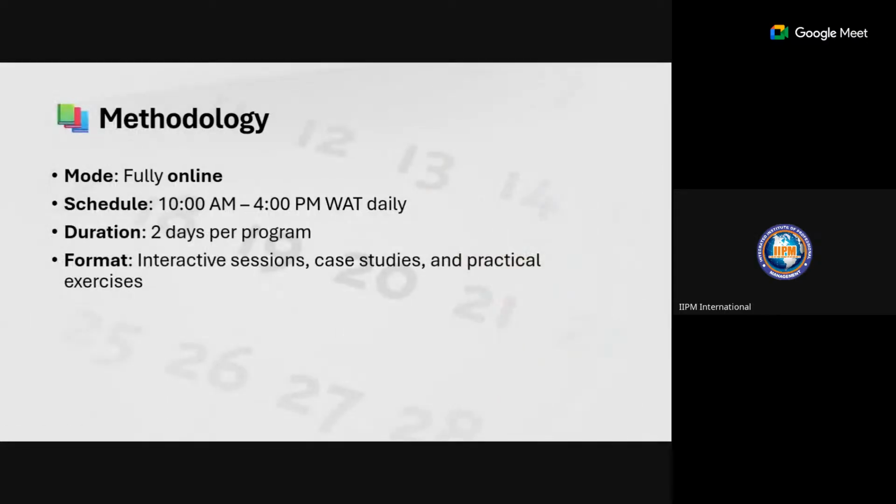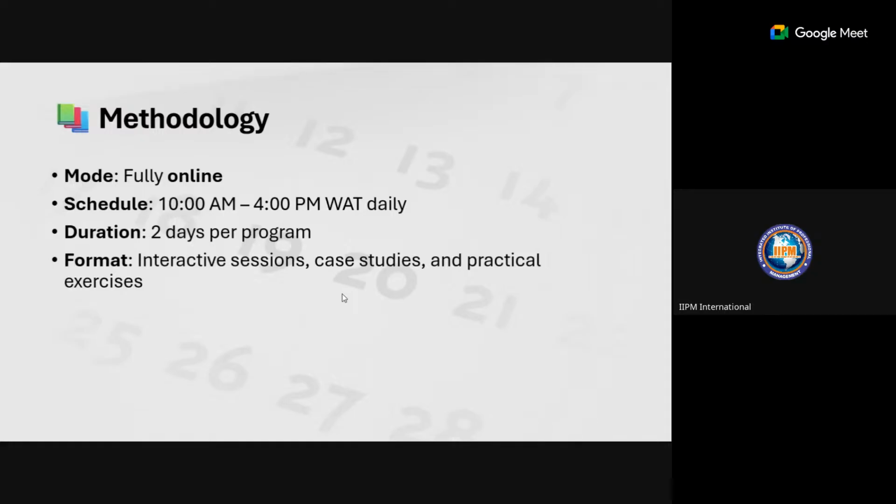All right. So this program was for 2 days, 10 to 4. Okay. So I will leave it at this. How will you rate our methodology? We were fully online. Everybody will agree with us on that, except for Pastor Doris, who went to the venue on the first day, who might not rate it 100. But the schedule, we tried as much as we can to keep it 10 to 4. The program remained 2 days.